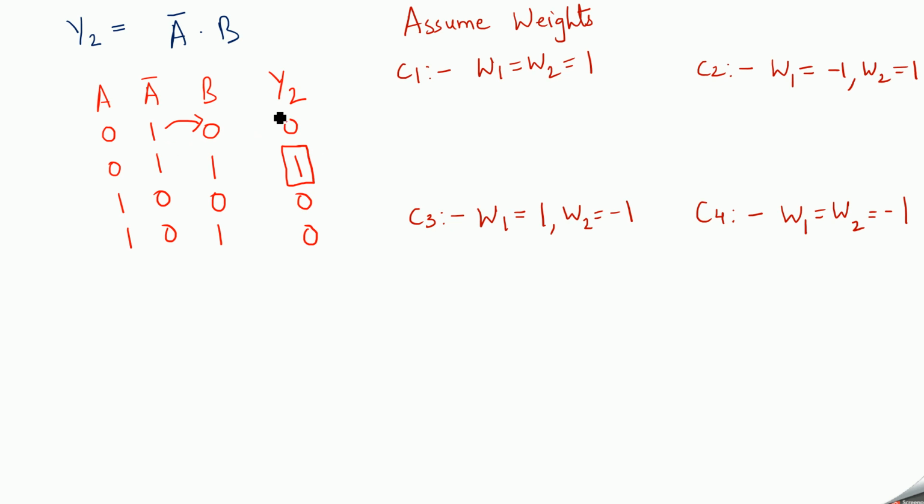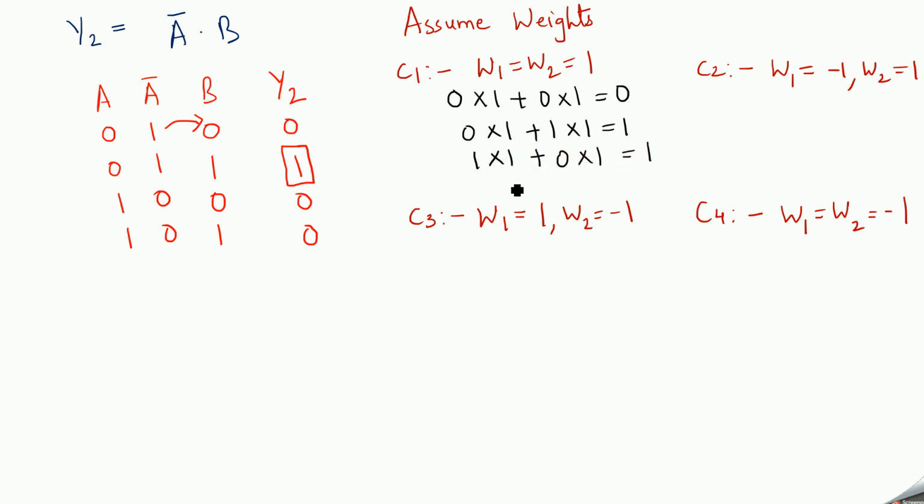So now we are going to consider A and B itself. So this is 0 into 1 plus 0 into 1. So we get the answer to be 0. 0 into 1 plus 1 into 1, we get it as 1. 1 into 1 plus your 0 into 1, we get it as 1. 1 into 1 plus 1 into 1, we get the answer as 2. We have to check the second case. This is not the greatest amongst all the three. So case 1 is discarded.